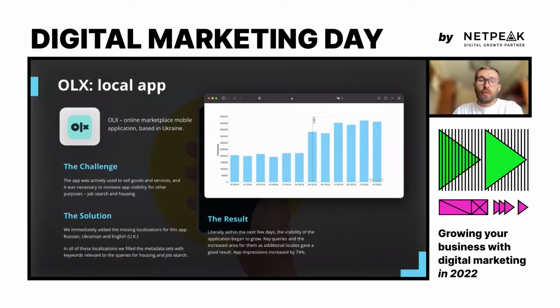And I will show you 2 case studies just to understand how powerful app localization is. For example, OLX is a Ukrainian-based application, one of the biggest online marketplaces for Ukraine. And we started to work with OLX. The goal was to increase app visibility and number of installations. And we had seen that this application had optimized